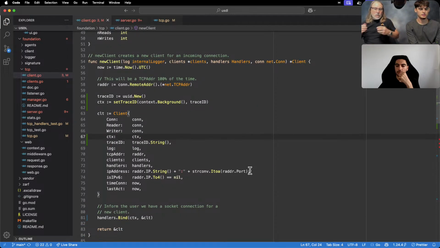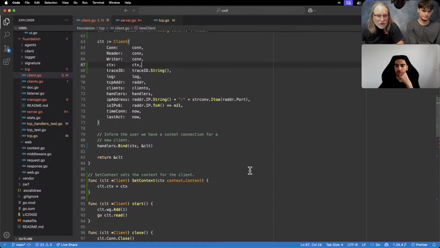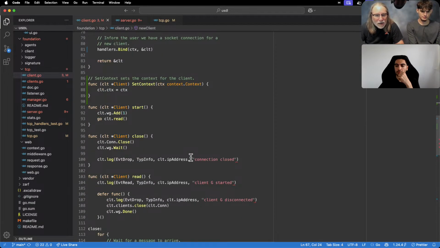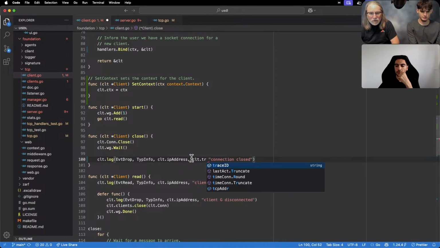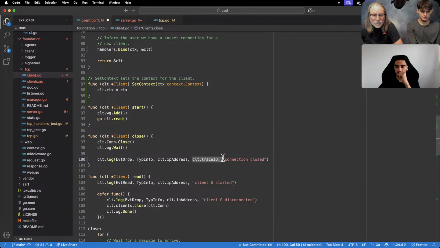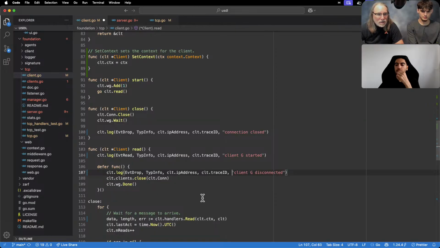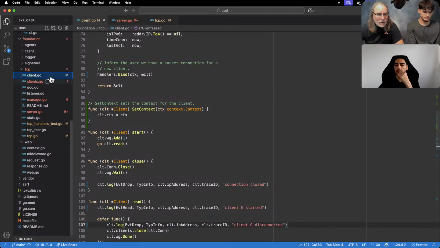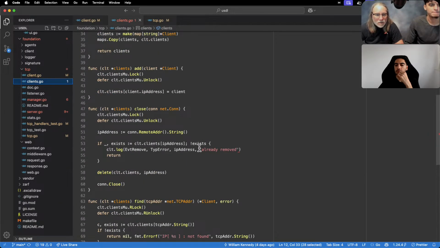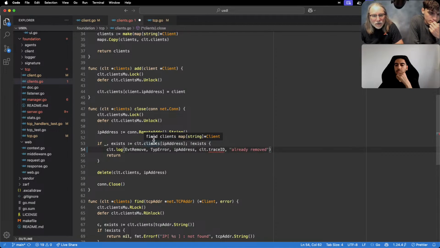okay. And the reason I want to do that is because now for all of these things, I can just say trace ID. And I don't have to pull anything out of a context because I already have it in state, right? And it's being used now and all that. And then for the clients, now this is going to actually be the map lookup. So now what I'll want is